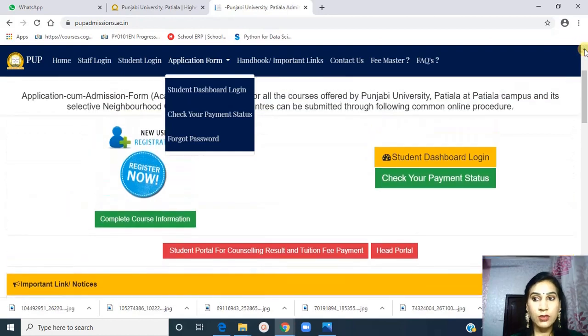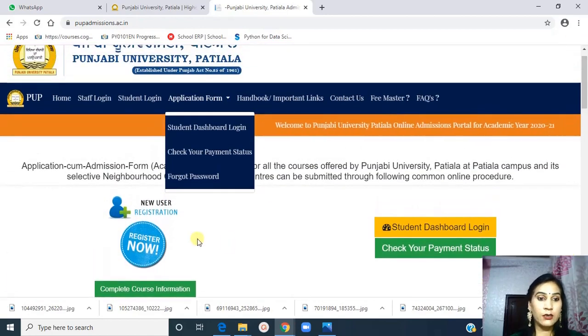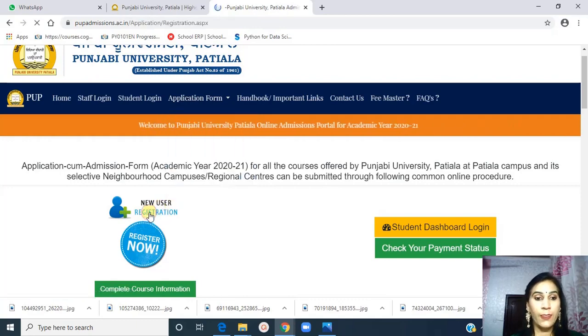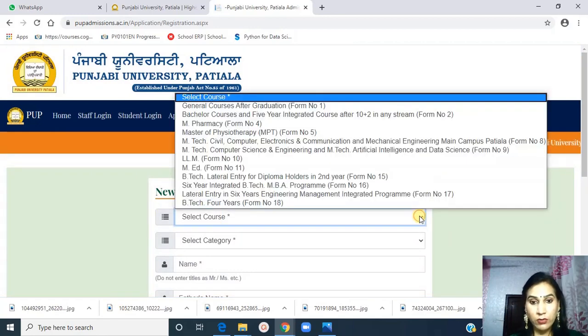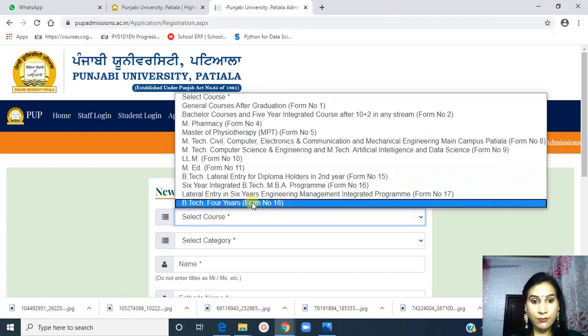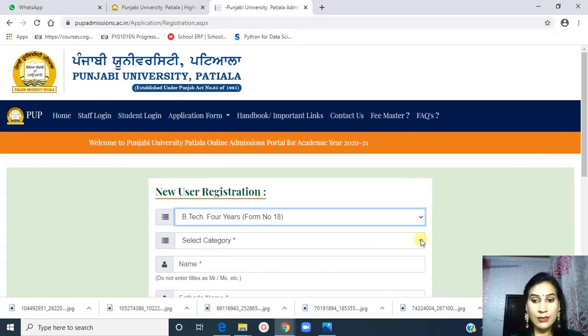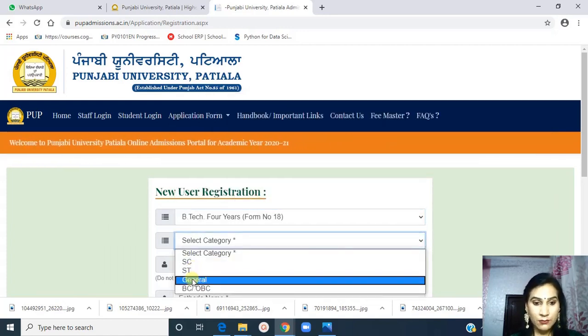As I am a new candidate, I click here on new user registration. This will open. Here select the course I want to take. As I am concerned about engineering, I select BTech 4-year, form number 18. Then select category, general.